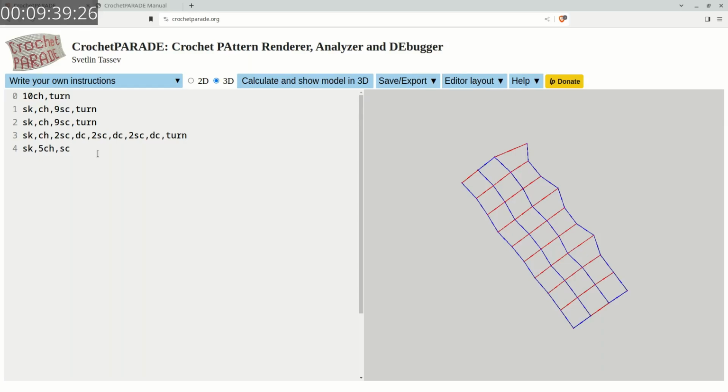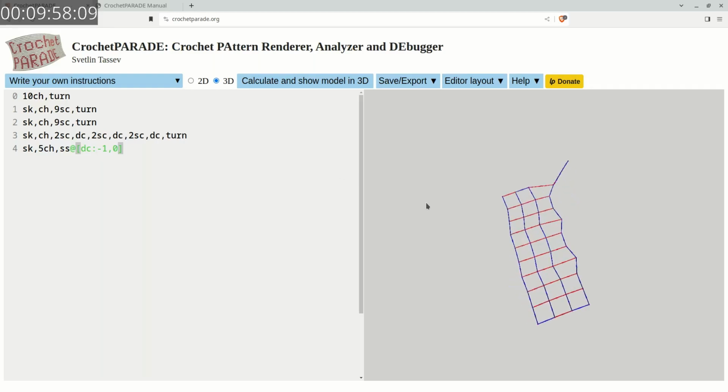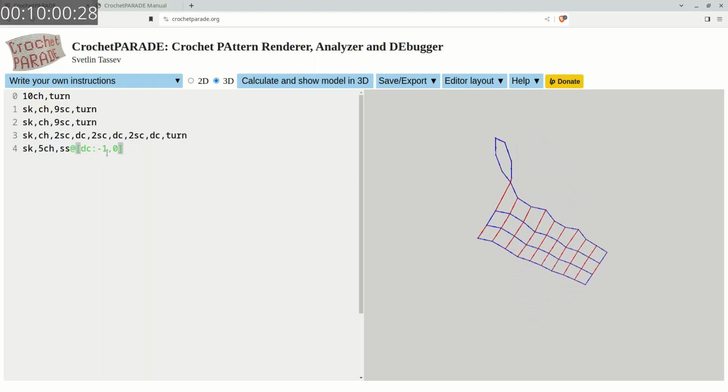Well, let's start with chain 1. Actually, no, we don't have to do that. Slip stitch. Here it is. I want to do a double crochet in the previous round in the 0th double crochet. So here, when you're specifying the coordinates this way, the direction is the direction you would normally be crocheting. Counting, because we turned the project, the 0th double crochet stitch of the previous row corresponds to